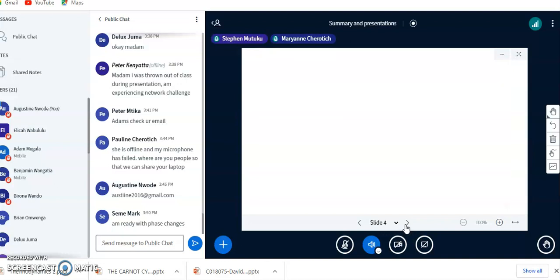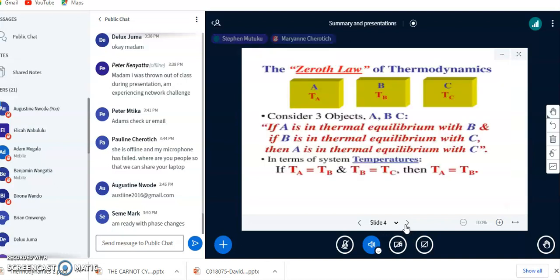Next slide. So just a replica of the same. It states that if system A is in thermal equilibrium with B and B is in thermal equilibrium with